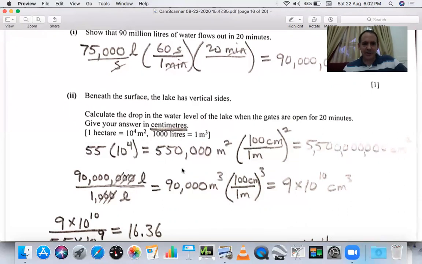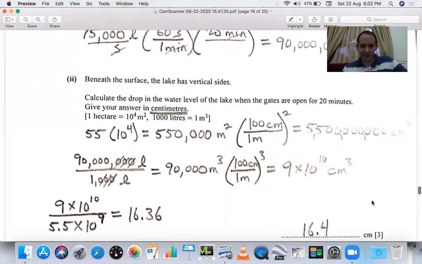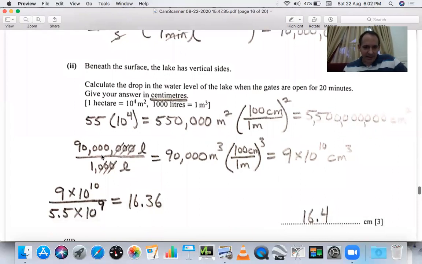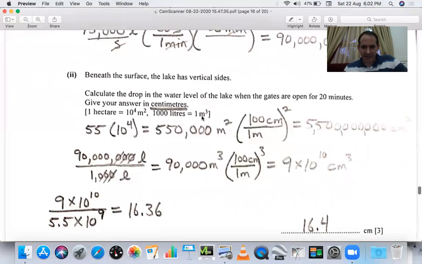to change it to meters squared. So that's this conversion right here. 1 hectare is 10 to the 4th power. Then changing it from meters to centimeters. 1 meter is 100 centimeters, and we're squaring it to match the square here. And that gives us 5,500,000,000 centimeters squared. And then I take the liters here, 1,000 liters for 1 meter cubed, and I convert it